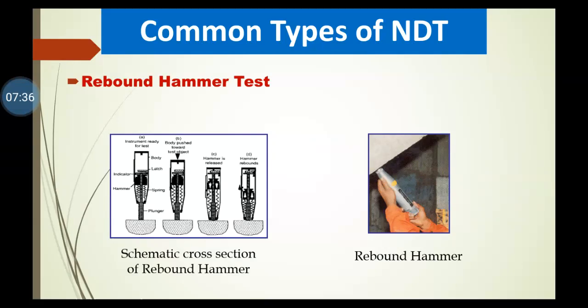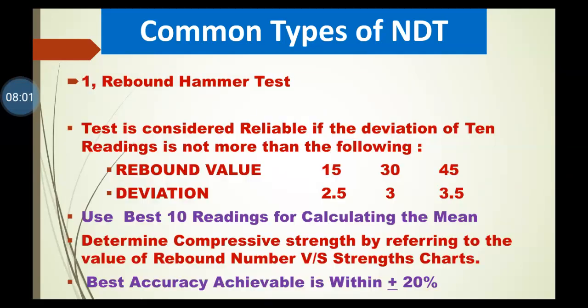The test surface can be horizontal, vertical, or at any angle, but the instrument must be calibrated in this position only. The calibration can be done with a cylinder of 6 by 12 inch or 15 by 30 centimeter, of the same cement and aggregate as will be used on the job. The cylinders are capped and firmly held in the compression machine. So this is the general method of testing.